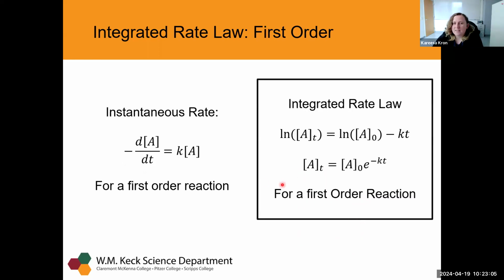So from the instantaneous rate of minus dA/dt equals kA, so how quickly we use up A as a function of A, we can derive two forms of the integrated rate law. One, where we leave the concentration as a function of time inside the natural log, which is occasionally useful, and I'll show you an example of where this is useful in a minute. Or if we want to directly calculate the concentration of A, we can do that as a function of time using this exponential term. And so these are two valid forms of the integrated rate law for a first order